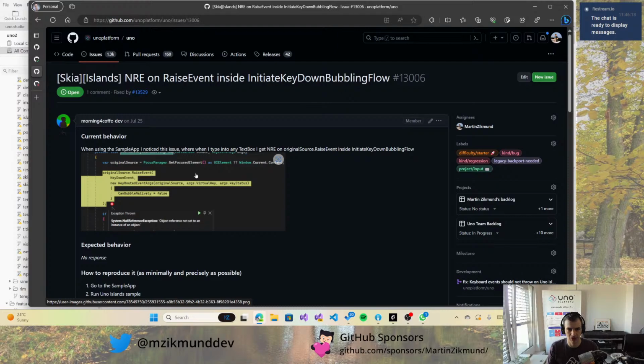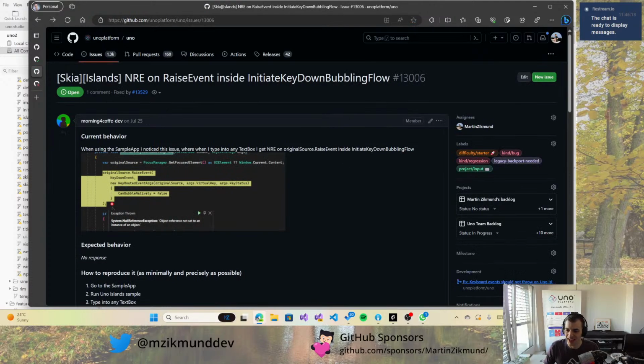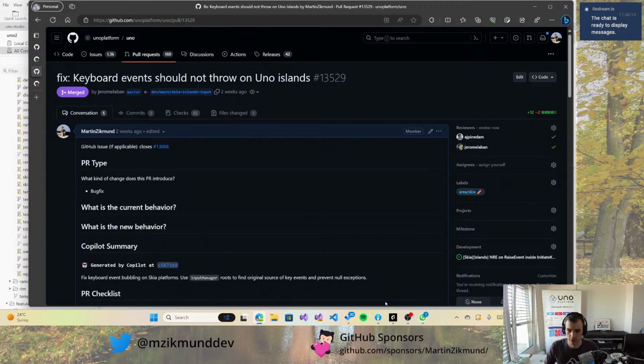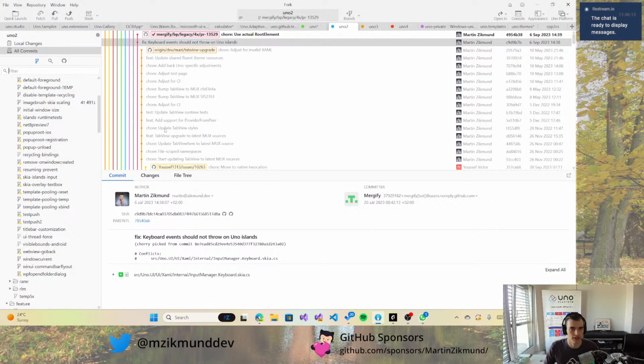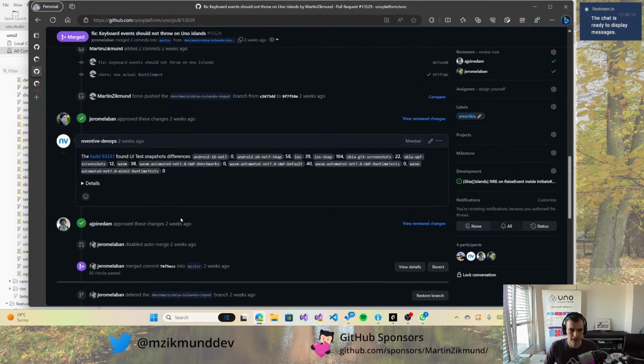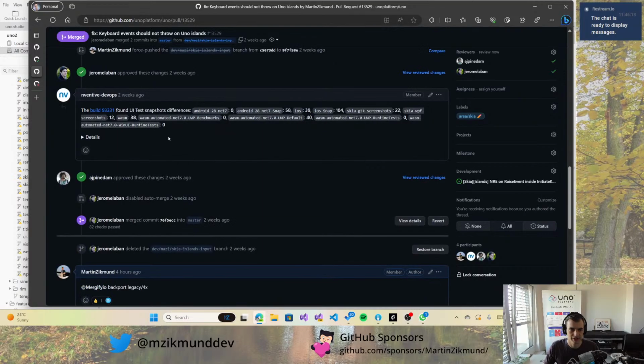So you need to be specific of what visual tree you are talking about, and I made a fix for that for UNO 5, the future version of UNO, but it's not yet backported into the UNO 4 branch. So that's what I want to do today, and I wanted to do automatic backport, but that didn't work out too well because that backport